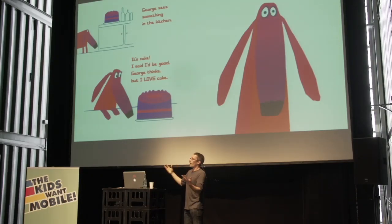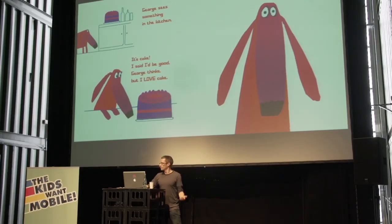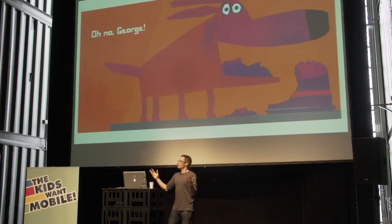this is how I changed that double-page spread. So it now sets it up. George sees something in the kitchen. It's cake. I said I'd be good, George thinks, but I love cake. What will George do? And of course, oh no, George! So this is the accident happening, but there's a cause,